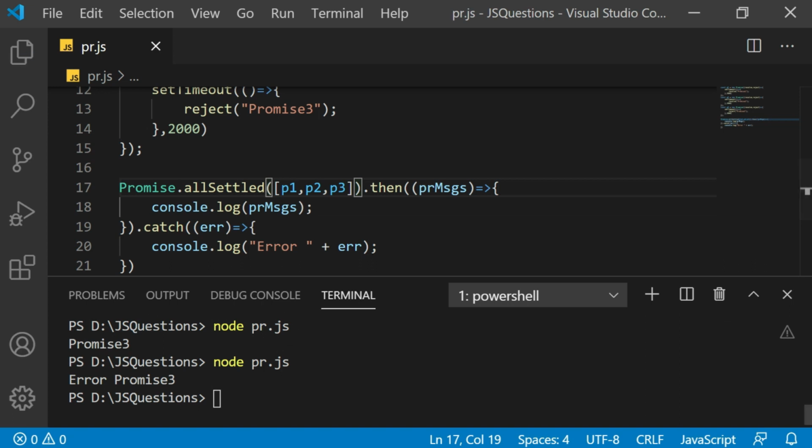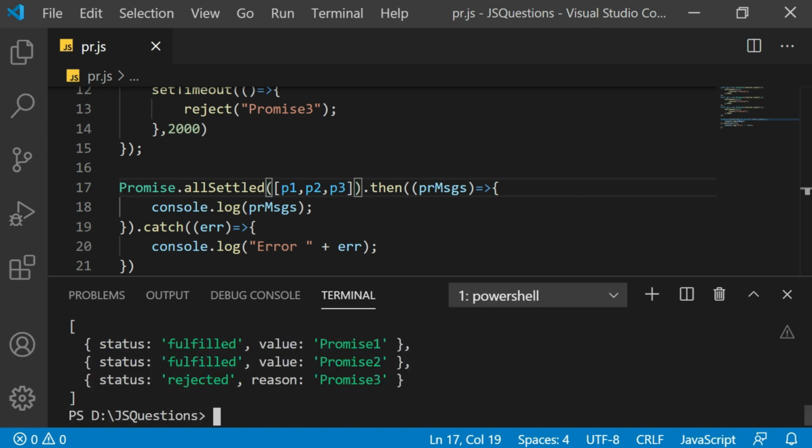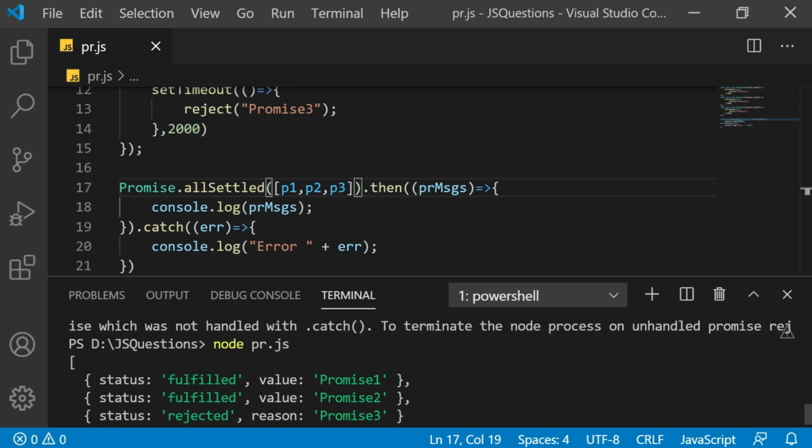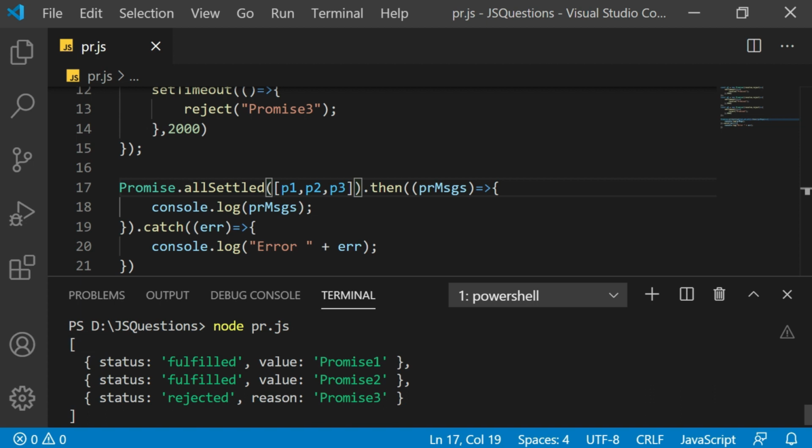That's it. Now earlier it was giving the error. Now let's see what happens. The output says that you have an array returned with some data, a kind of object literal, which has status and value. So you see there are 3 object literals, or three elements in short. The first promise was fulfilled, the second was fulfilled with the value, and here the third one, the status is rejected and the reason is whichever error is displayed there.